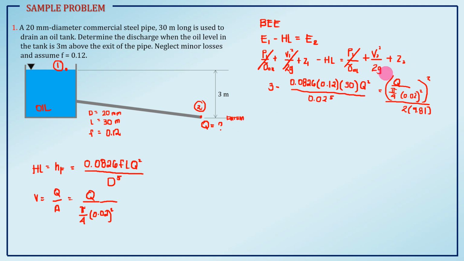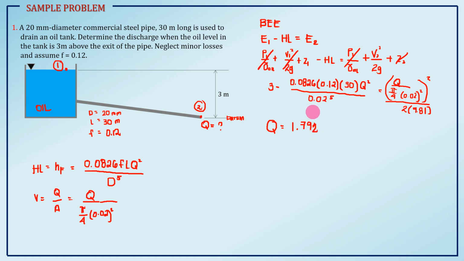Z2 is our datum, so this is 0. Here, we have only one unknown, Q, so we can solve it right away. You can simplify this equation or use a calculator. Using the calculator, we get Q, a very small value,